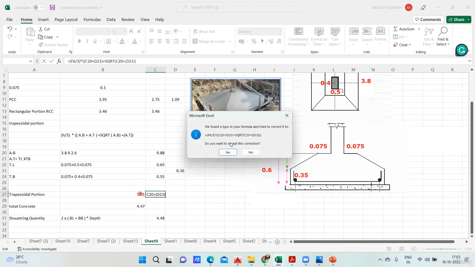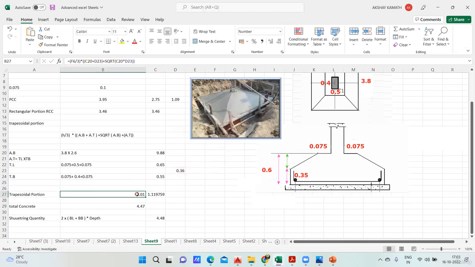C20. Okay, now it should come. See, C20 into D23. C20. Let me check the formula. Just give me a minute, okay? Because in the Excel sheet,